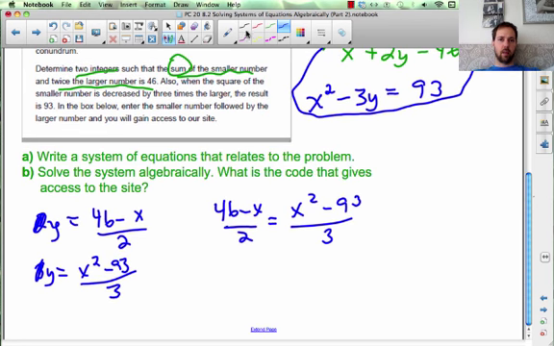So let's multiply each side by 2 to get rid of this denominator, and then multiply each side by 3 to get rid of this denominator. So if we multiply each side by 2 and 3, we're multiplying each side by 6. But I guess, okay, let's just do them in separate steps. So we multiply this side by 2, and that just disappears. We multiply this side by 2, and we get